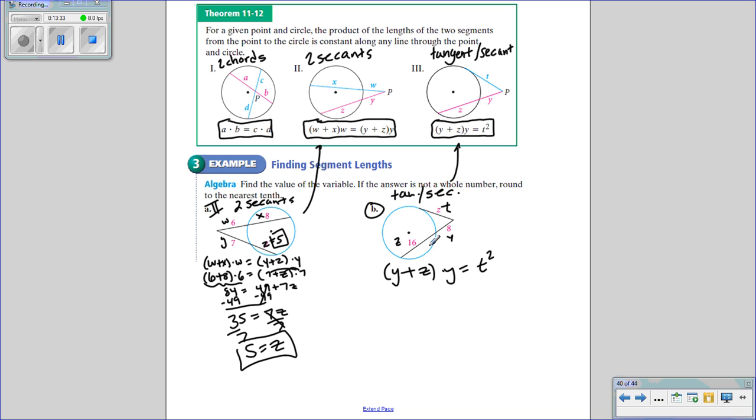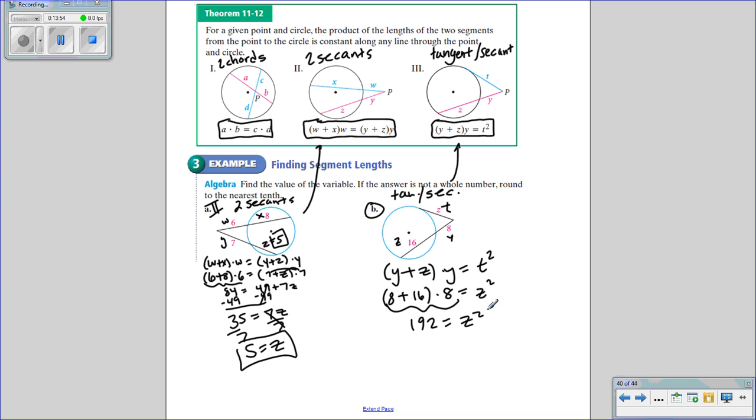Let's plug in our information. Y is 8, so it'll be 8 plus 16 times 8 on that side, and over here we have t squared, which is z squared. I'm going to simplify that side right there. So 8 plus 16 times 8, 192